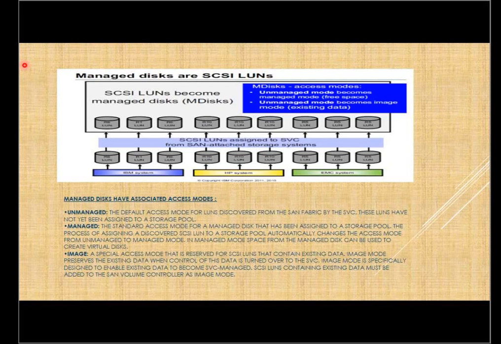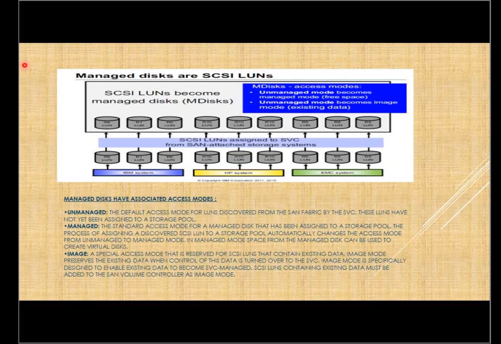And once the image mode is done, the activity will happen. Then we'll reconfigure it. Once this activity is done, then we'll migrate this one to the different storage pool, which is coming from the different storage. Then the migration will be a live migration. Once the sync has happened, we'll cut down the primary one, and the secondary one will go to the primary. We will discuss the migration further on in the migration classes.